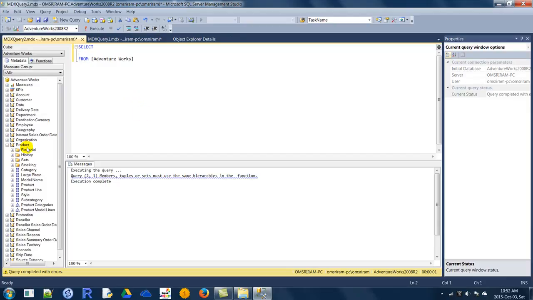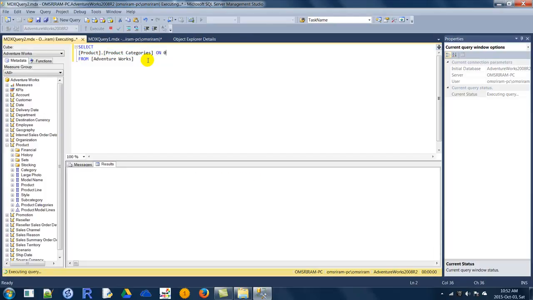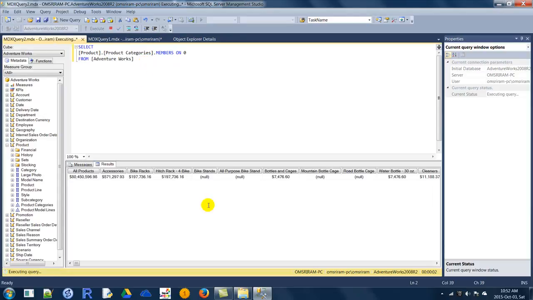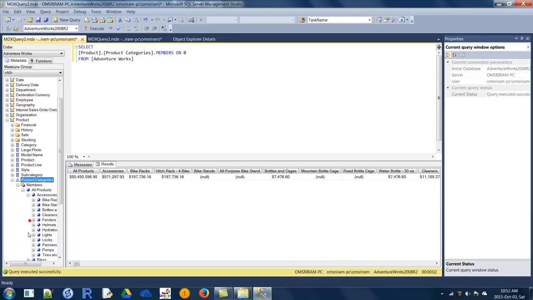Then we have the product categories hierarchy, let's use it. On 0, what will it display for you? It will display all products. If you say members, it will display all the members across all levels. If you go to the member All Products, you still see accessories and bikes, and it will navigate to the lowest level in a recursive way and display all the members within that hierarchy.